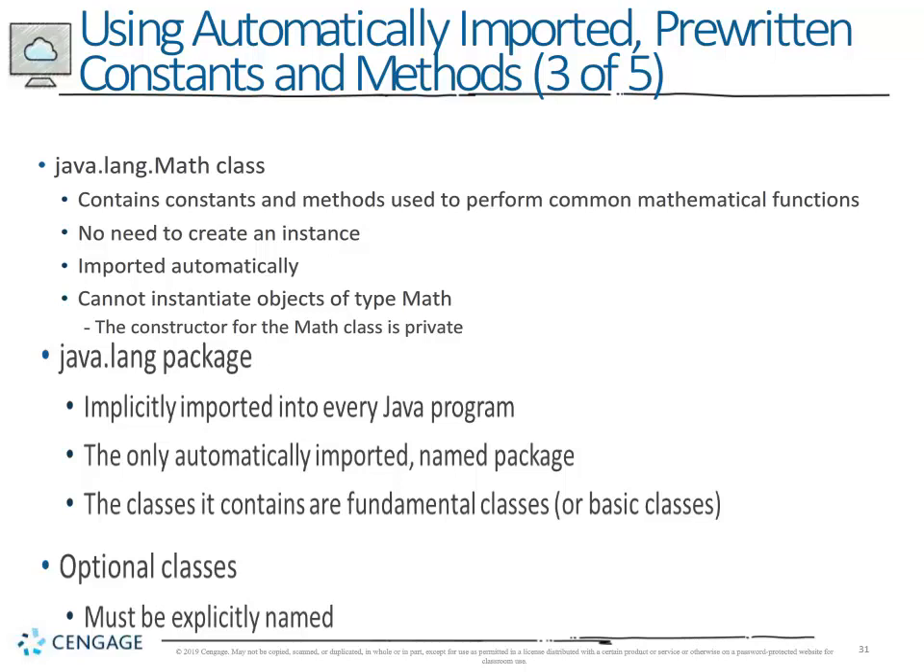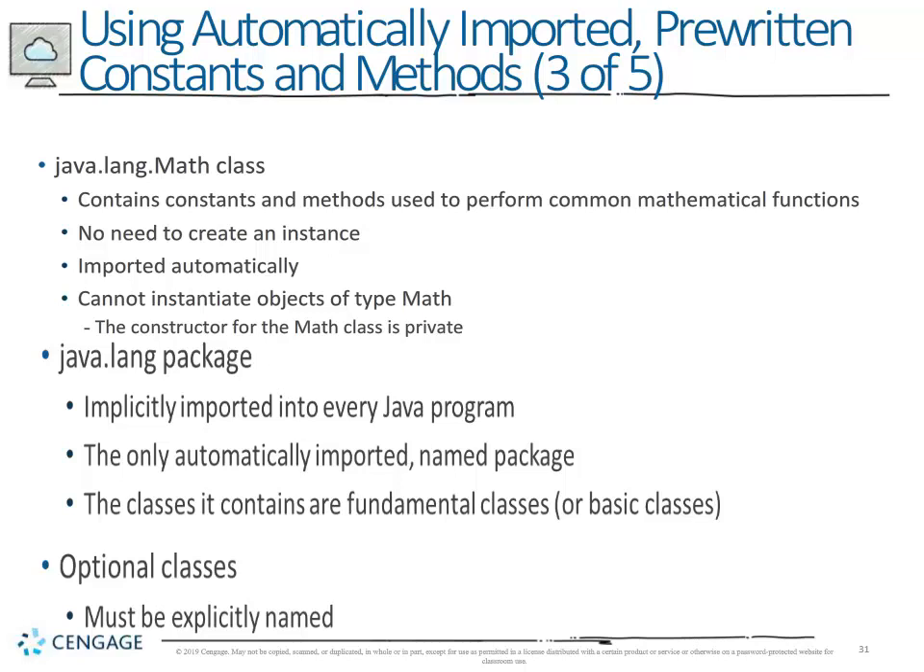Java has two categories of packages. The java.lang package is implicitly imported into every program you write. The package contains fundamental classes that provide the basis of the Java programming language. All other Java packages are available only if you explicitly name them within your program. The class